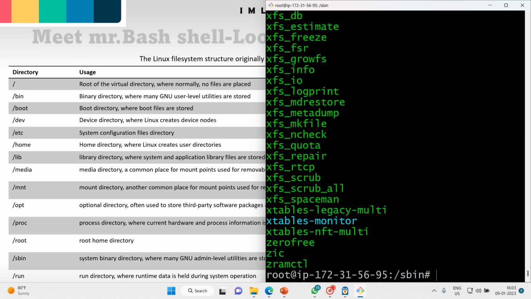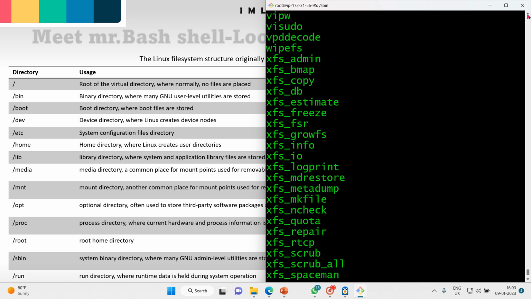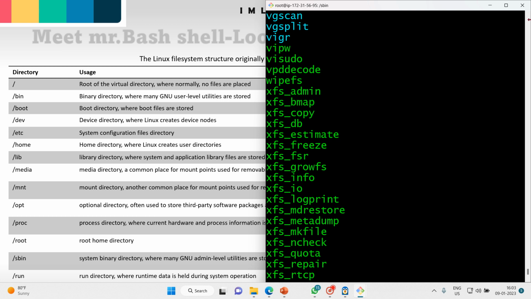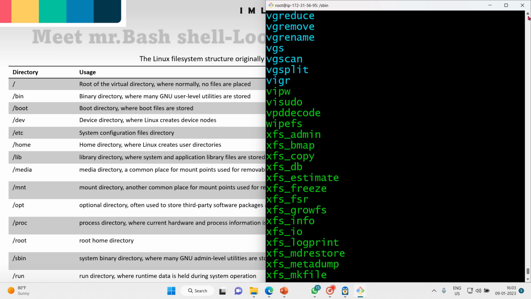Sbin also has a lot of files. So sbin is the system binary directory where many GNU admin-level utilities are stored. For example, this can't be used directly by, for example, sudo, visudo. Visudo consists of a